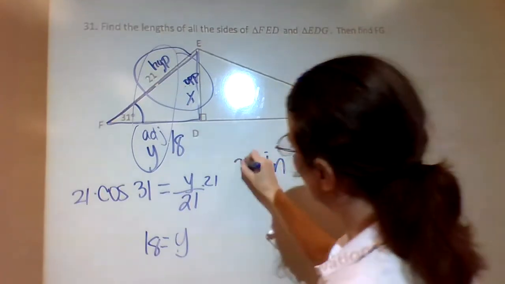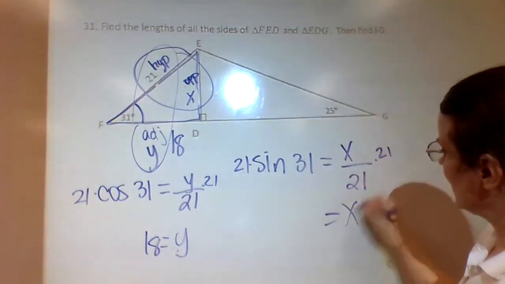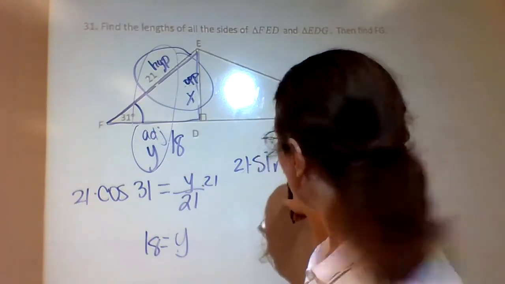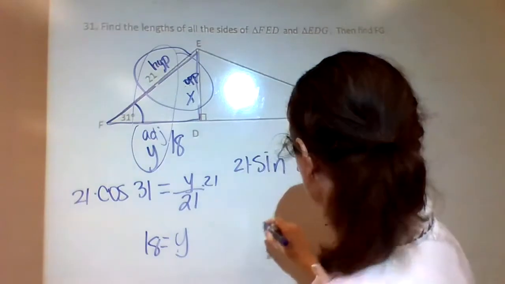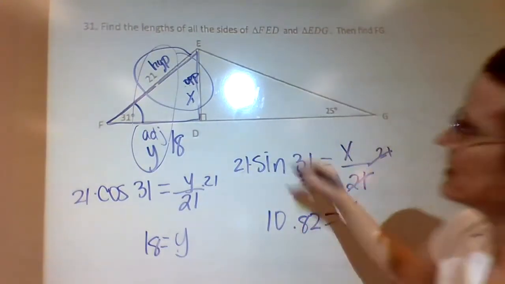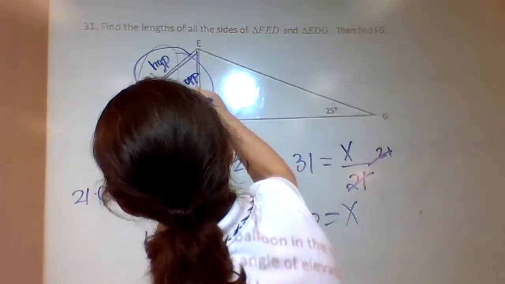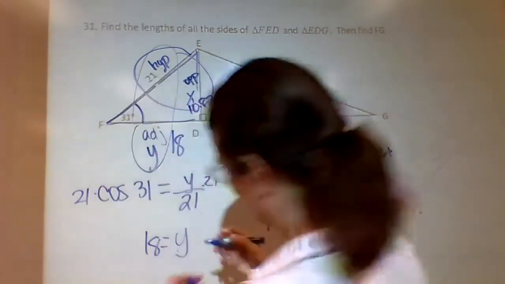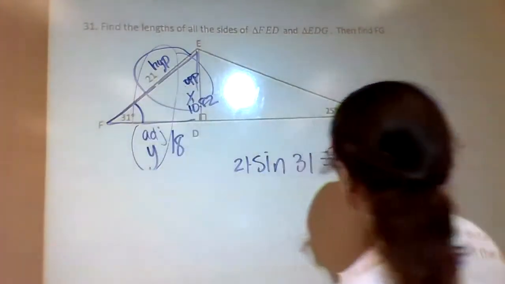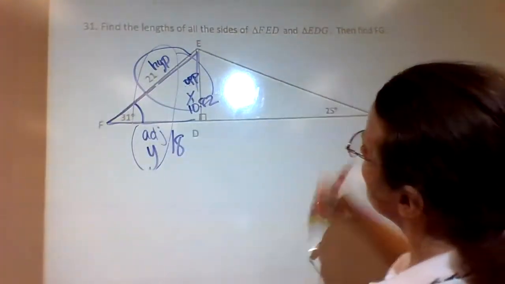Multiply by 21 on both sides, and x will come out to equal this stuff, which comes out of your calculator, sine of 31, to be 10.82 for your x. So this guy right here is 10.82. Okay. Now I'm going to clear all this purple stuff off, and now I'm going to focus on this triangle